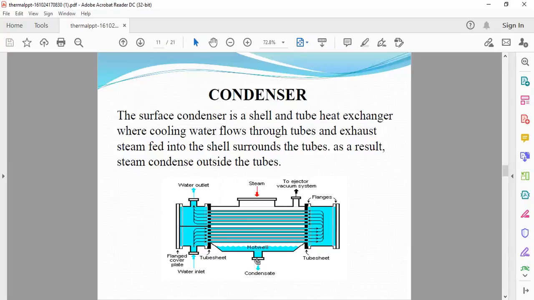See here, there is a hot well, it is coming out. Here the steam is going inside. Here is the water outlet. Here is a vacuum, and in this pipe there is a water inlet where the water goes through these pipes like this. And here in this shell, the steam is coming in. After it touches these tubes with cooling water, the steam gets condensed and we get an output here.